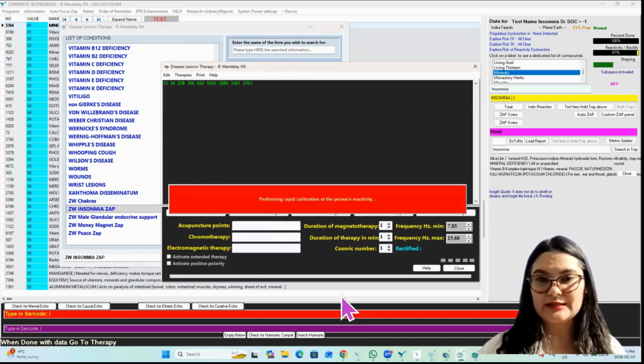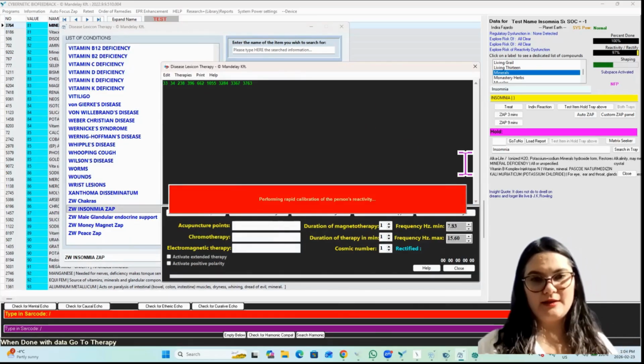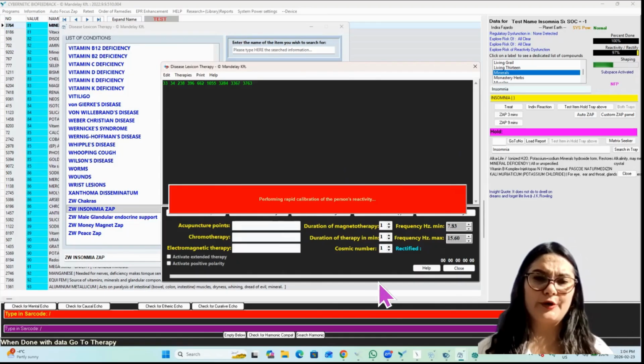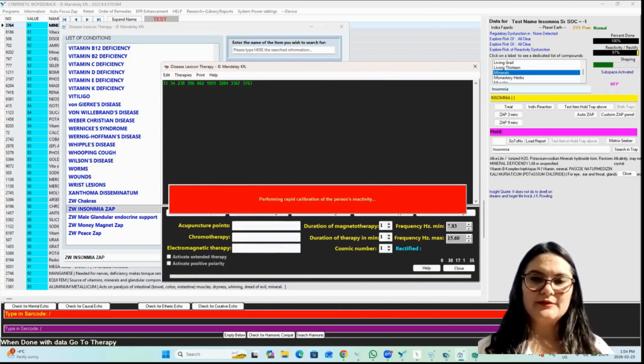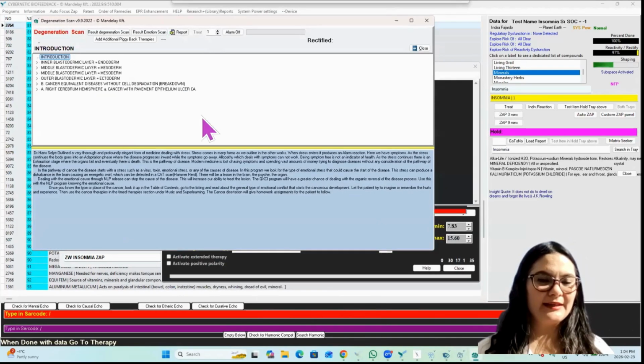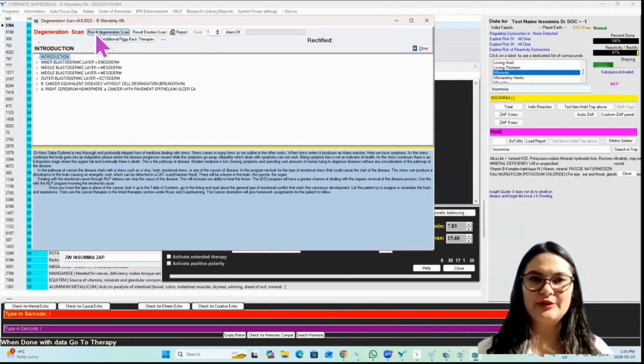Now we can calibrate reactivity and you will activate this therapy as normal. So first you conduct in here the calibration, then the bioresonance, and then you start. These are one of the things that it takes a lot of time. Okay, so while that's taking some time, we can come in here, resolve the degeneration scan,